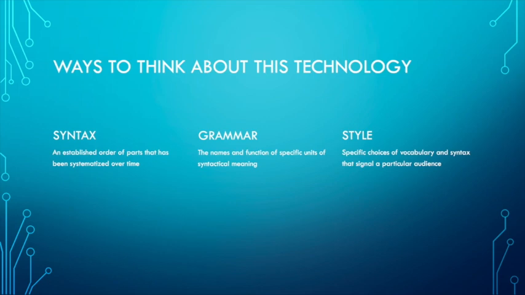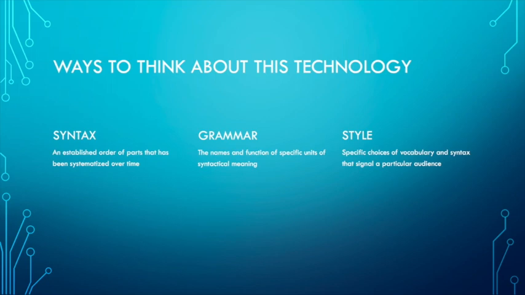Now, style is about specific choices of vocabulary and syntax that will signify some kind of an audience. When we write in a particular style, it means that we understand that we're writing for a particular audience. When we speak in a particular style, and this may be something like code switching, where you speak one way with your family and another way with people you know outside of your very close community. It might be something like workplace diction versus how you would speak in a more public kind of thing.